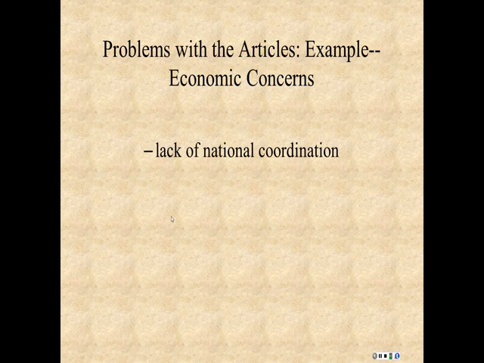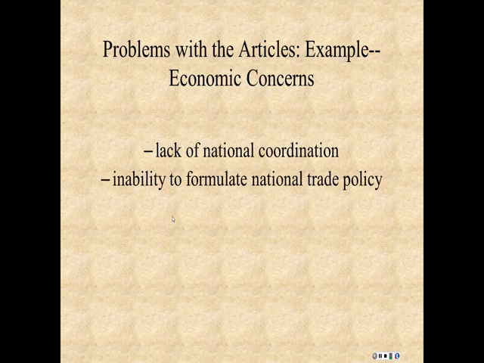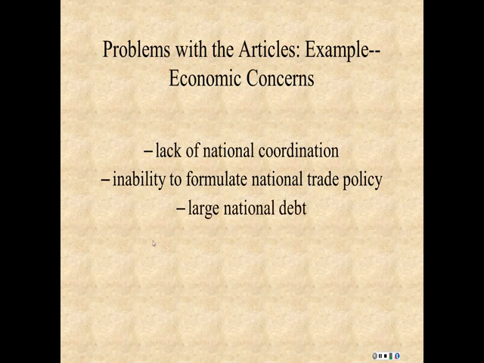With the Articles of Confederation, there was no national coordination of economic policy, no trade policy. Like today, we have a national trade policy. Our federal government can implement tariffs and trade agreements with different nations. There was no ability to do this under the Articles of Confederation. Each state, in fact, was like its own country. Virginia would have to deal with England or France in order to negotiate import-export agreements and such. And in fact, the states among themselves put up tariffs, and things became very, very complicated.